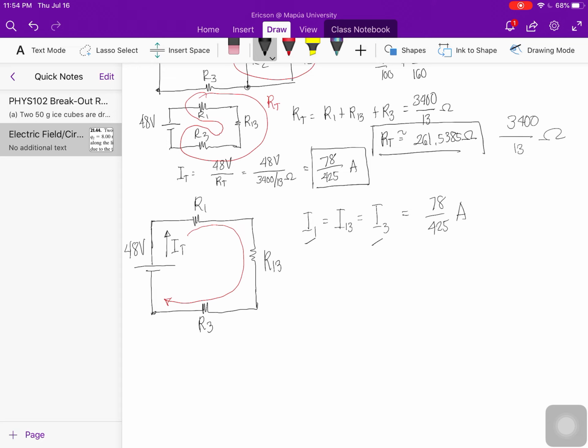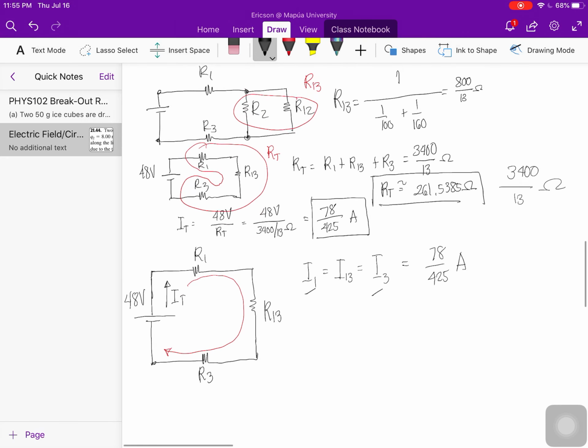Now I still need to get the value of the current on the individual branches. So meaning, kasi yung R13 natin is actually the equivalent resistance from R2 parallel to R12. Again, R13, back from the earlier discussion, is the parallel resistance or equivalent resistance of R2 parallel to R12. So now I could compute for the voltage on R13, that is equal to the current passing through it,